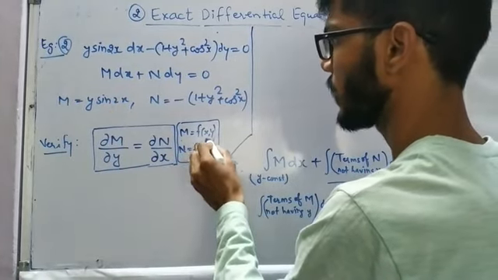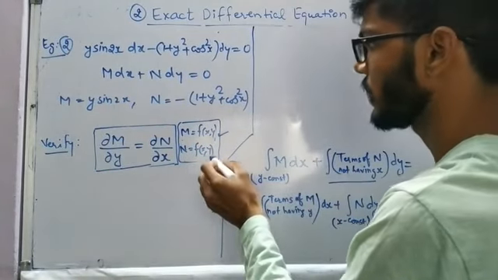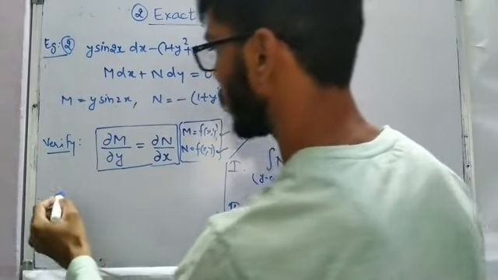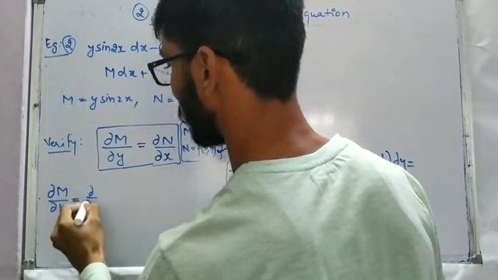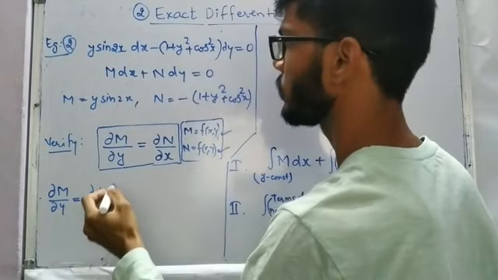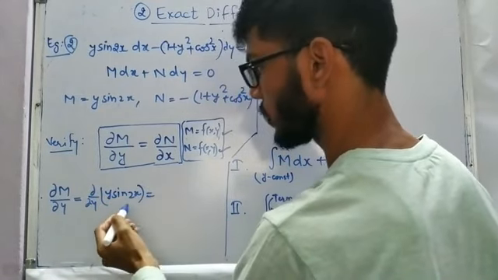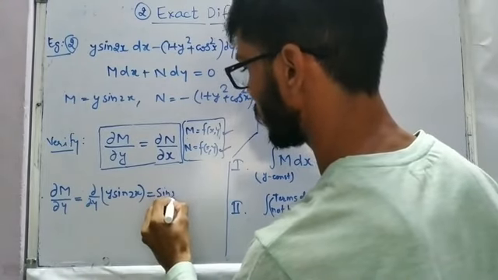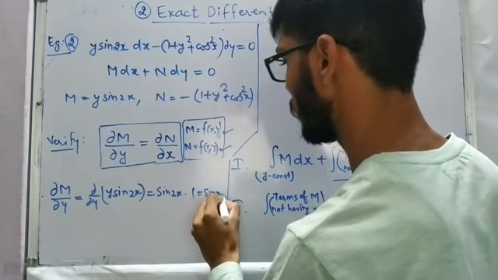And as I mentioned, m can be a function of x and y, so we have both variables x and y present there, and n also can be a function of x and y. So this time we are getting quite good terms. Now we'll differentiate m with respect to y partially. So dou by dou y of m, that is y sin 2x. Sin 2x is going to be the constant because it is partial differentiation, and the differentiation of y with respect to y is going to be 1. So this will come as sin 2x.